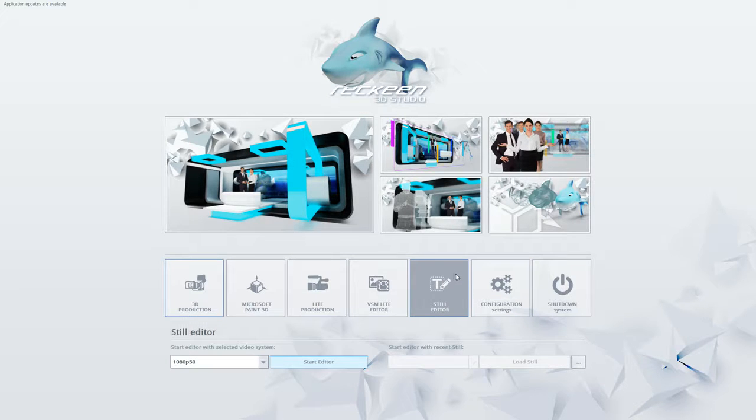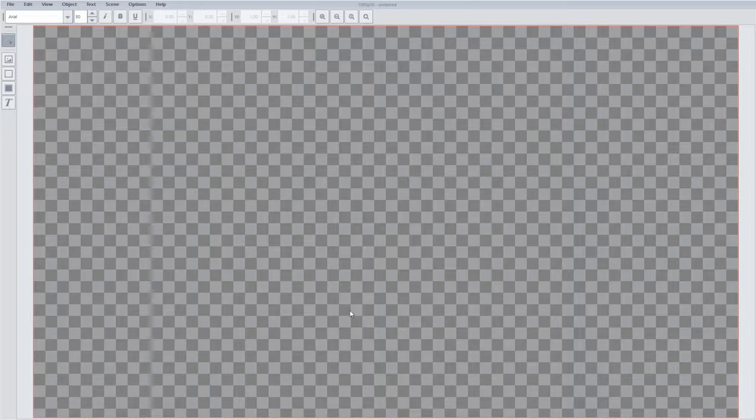We select Still Editor button on the Start page. From a drop-down menu situated underneath, we select resolution of our project and its video format. Start Editor button starts the application. The entire work screen is checkered in gray. It represents a transparent field of the program screen size on which we will place text and graphic objects. This is how you can create a caption, a new sticker or a logo that you can later use in